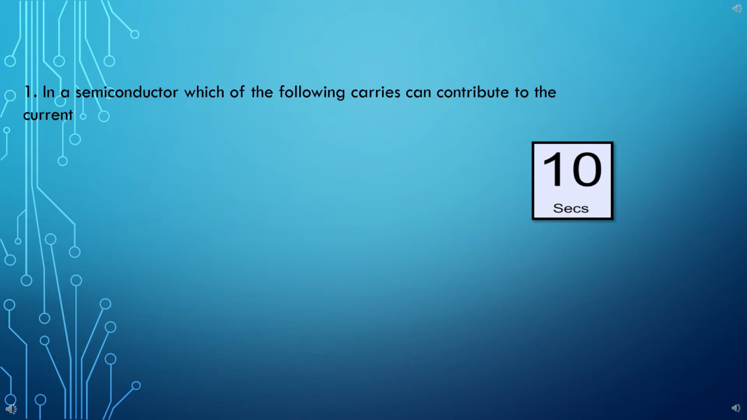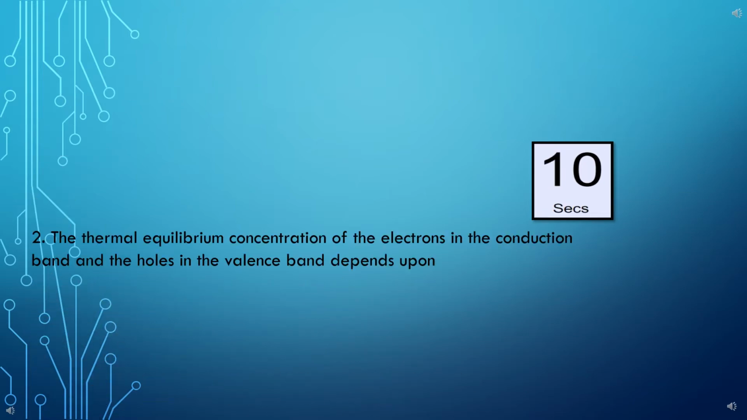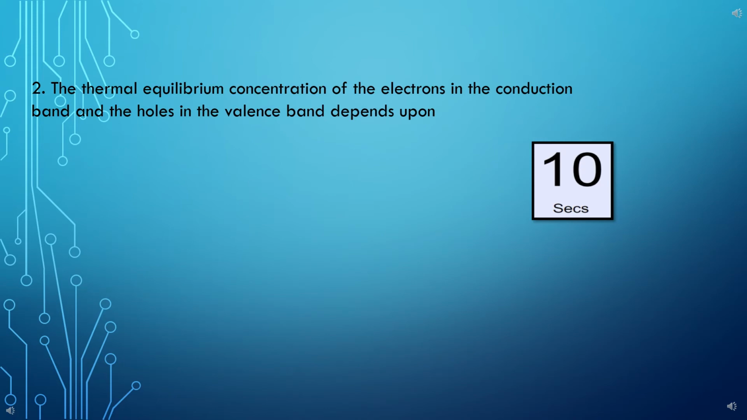In a semiconductor, which of the following carriers can contribute to the current? Option A. Electrons. B. Holes. C. Both. D. None. Answer: both. The thermal equilibrium concentration of the electrons in the conduction band and the holes in the valence band